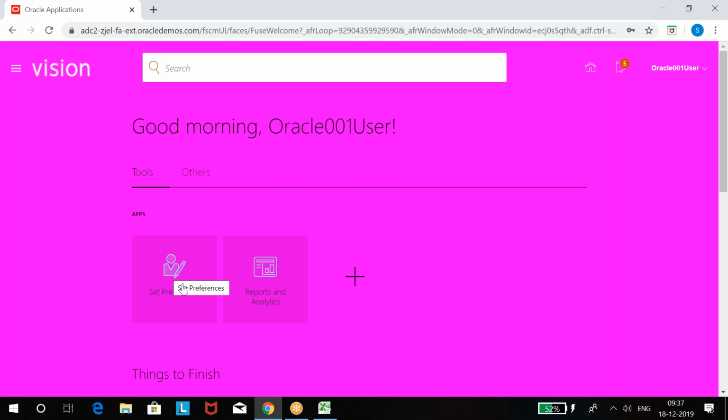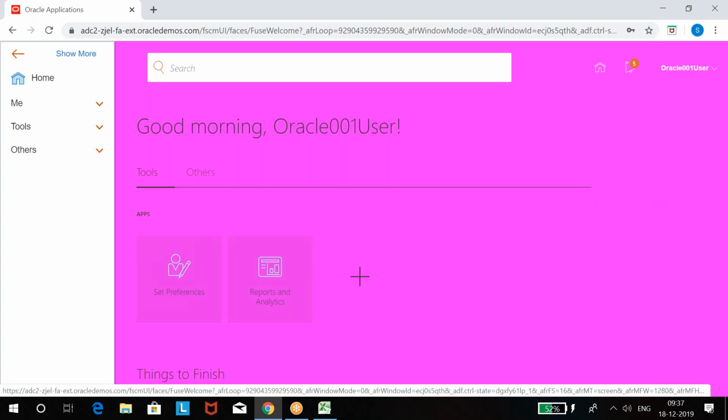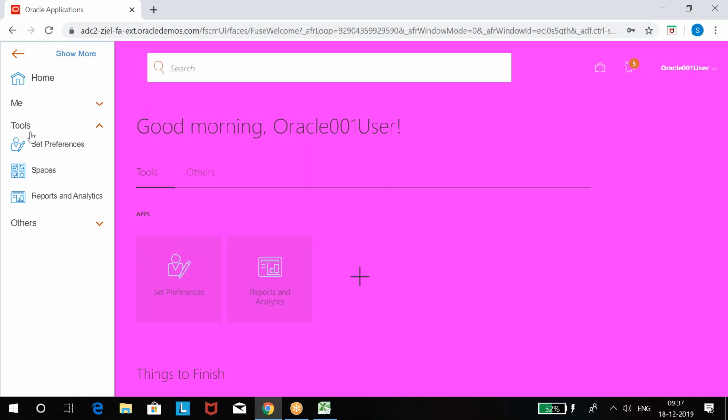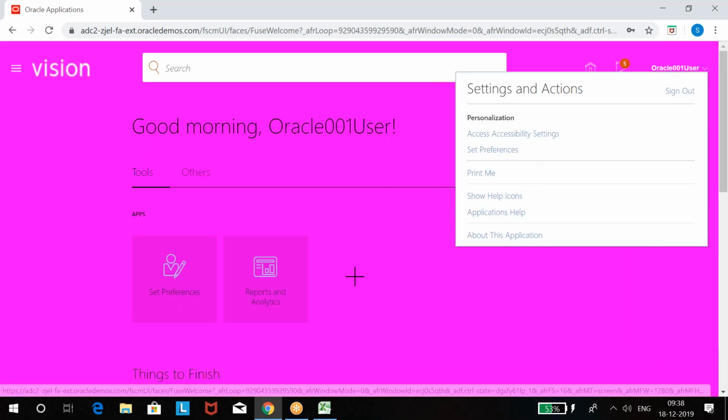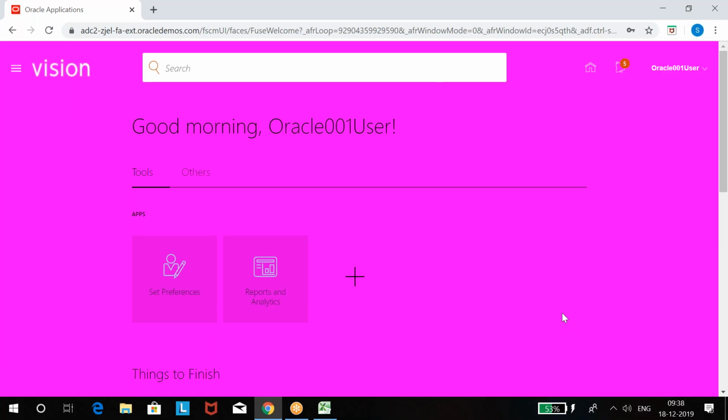Only normal tools, but in tools there is nothing here. Why did we not get anything here? Because by default every user gets a normal username also, but even if you try to set up, there is no setup and maintenance. There is no admin access. Why? Because we have not given any job roles to this user. Yes or no?